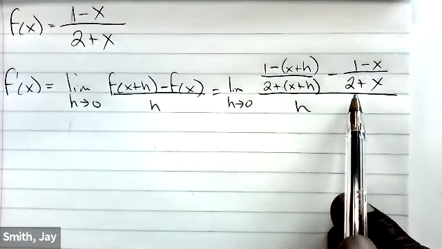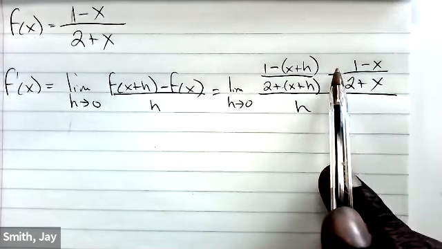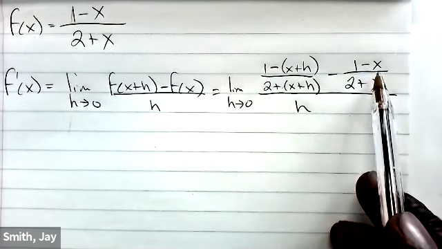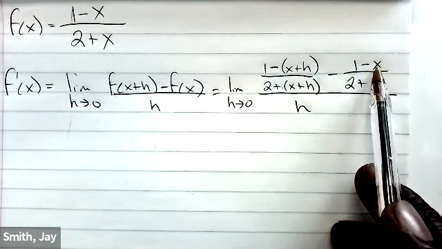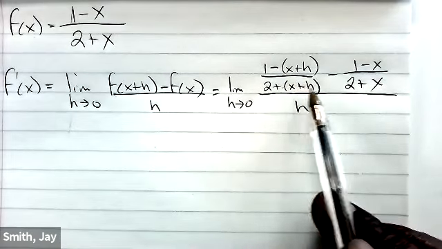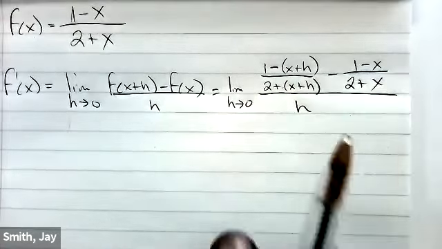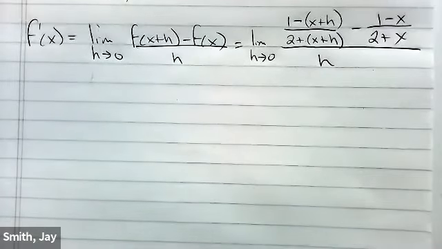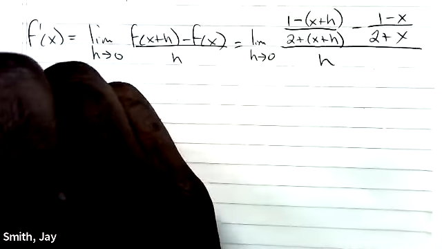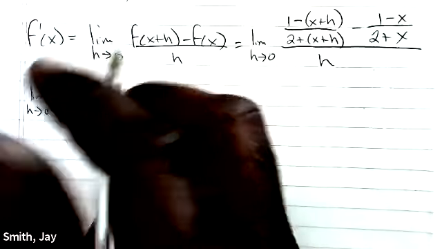Top left times bottom right, 1 minus x plus h times 2 plus x. Take the sign in the middle, minus bottom left times top right, 2 plus x plus h times 1 minus x. All being divided by the bottom times the bottom, 2 plus x plus h times 2 plus x. This is all still being divided by h. I'm saying all of this because this expression is going to look like I pulled it out of thin air, but we can always refer back to that flying X technique because it's really just that our denominators are so